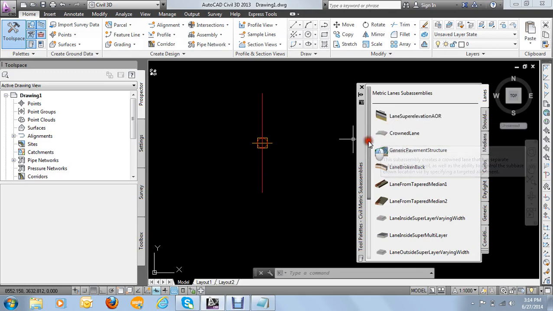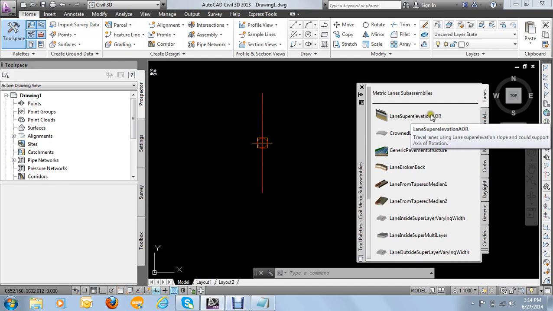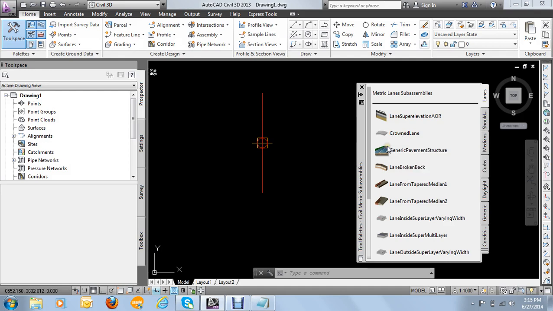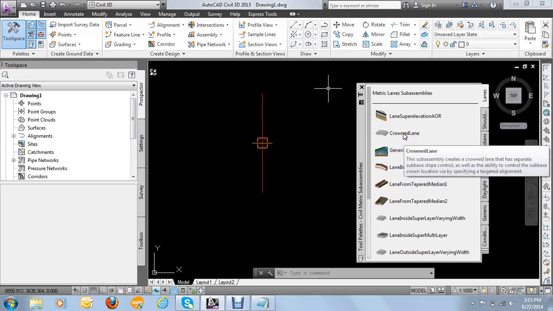These are several types of lanes, but you see all these other lanes you have to select one by one except for the crown lane. The crown lane, when it's used, you have to set settings on both sides, and when you place it, it's all of it. So I will use two different lane types, and then you're going to see how it works. When I click on the crown lane,